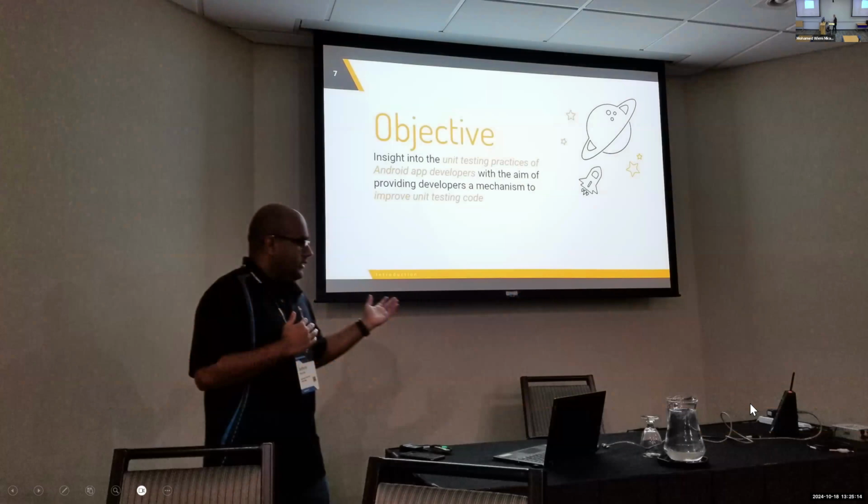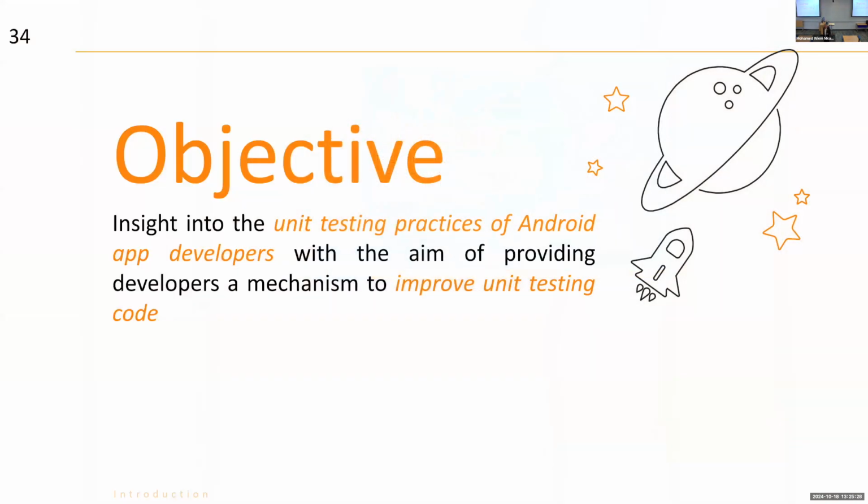There we go. So this is Anthony presenting his research topic of his master's degree when he was doing his master's. And that slide explains what exactly he was doing. This slide may not be clear, so let me bring that to you. It says in his slides that the objective of my research is to help developers better test their code, right? How can we help developers write better unit tests, so that these unit tests will be more successful in catching errors? Simple, okay? In the context of Android development, right?